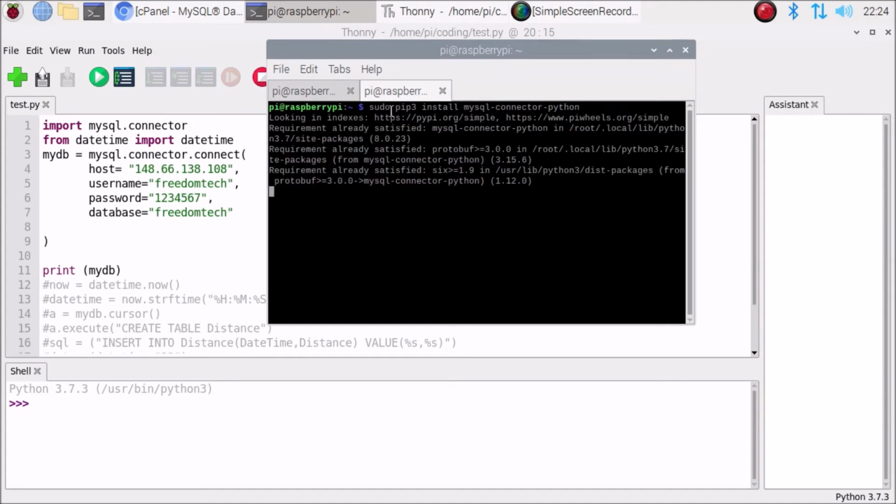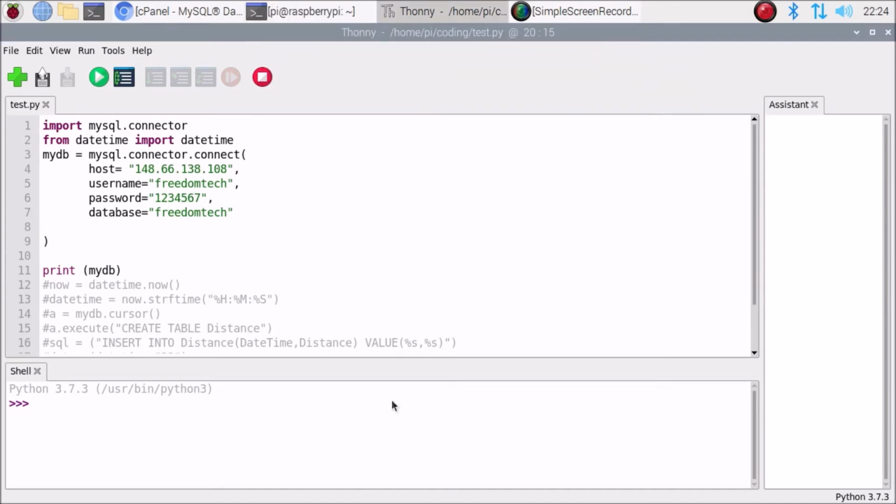In Windows, of course, we don't need sudo. Simply run the command pip3 install mysql-connector-python. It will install the package. Okay friends, I have already installed it. And then of course open the editor, and we are going to write import mysql.connector.